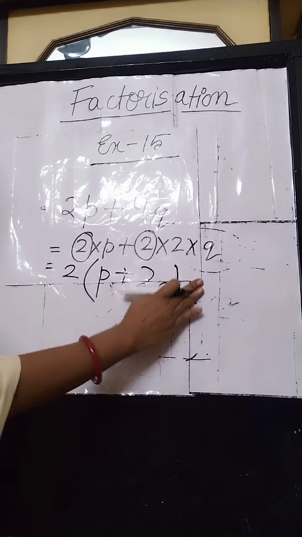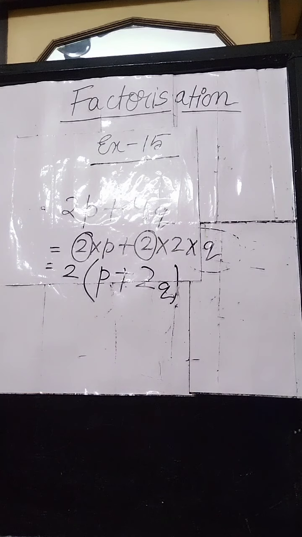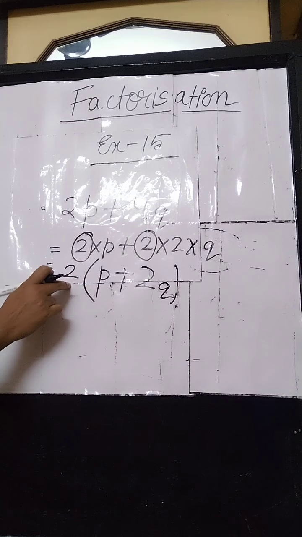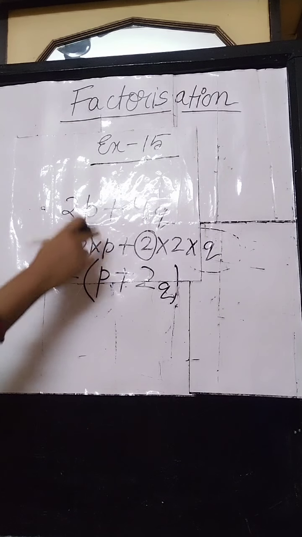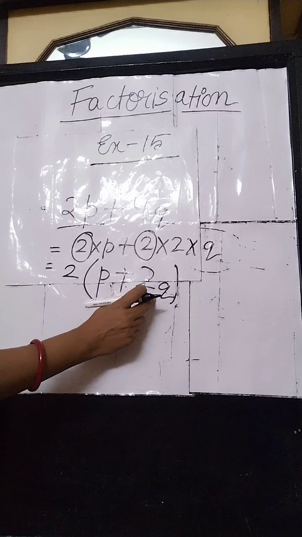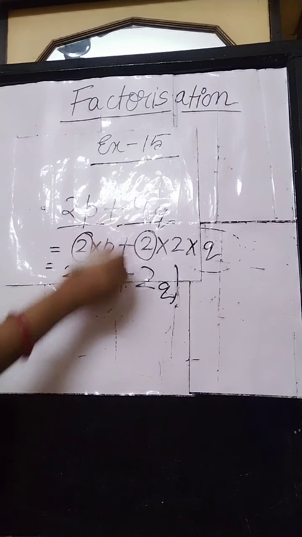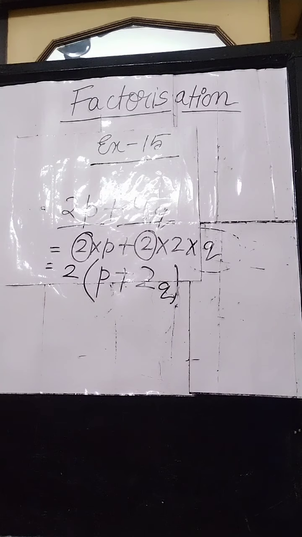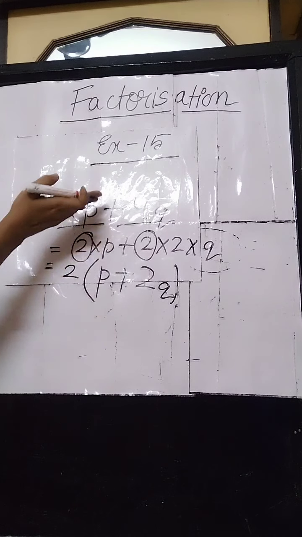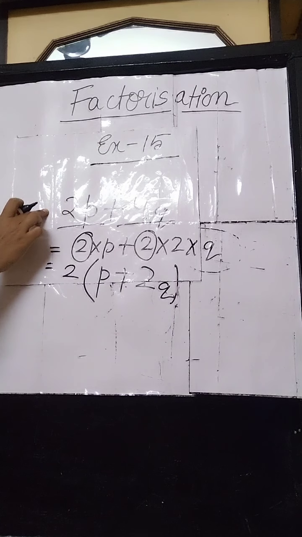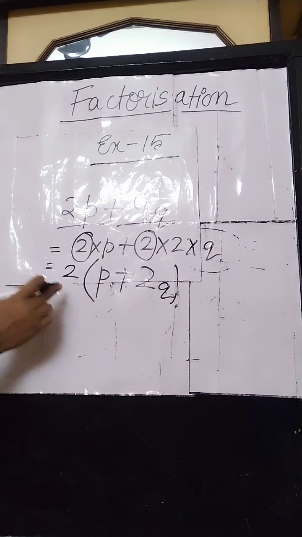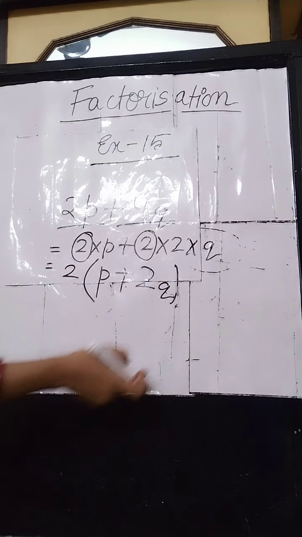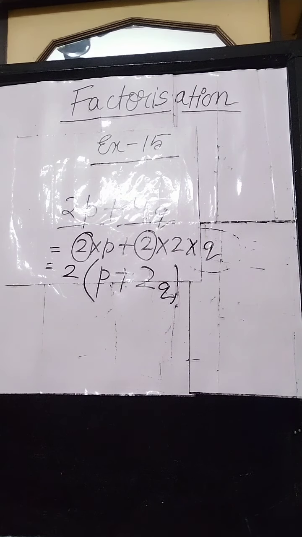Here the sum ends. What does this signify? This signifies if we remove the bracket, 2 will be multiplied with both the factors. With the first factor, 2 into p, that is 2p, the first term, and 2 into 2q, that is 4q, the second term. So by removing the bracket, by back calculation, we can derive the first step of the sum. So 2p plus 4q means nothing but 2 multiplied by the bracket p plus 2q. This is the answer, and this is how you will solve the sums.